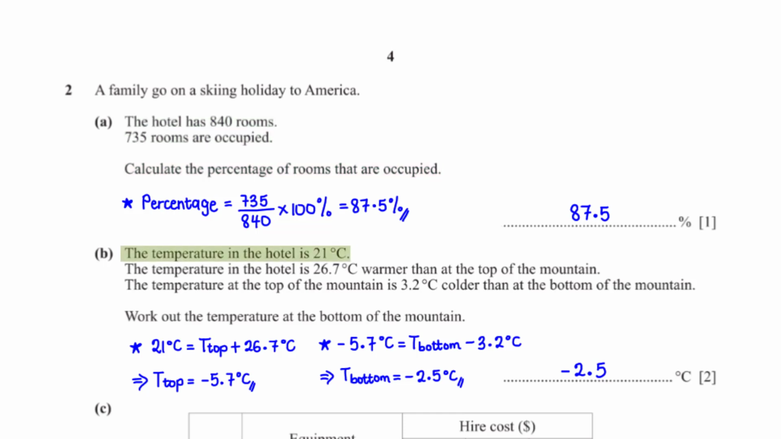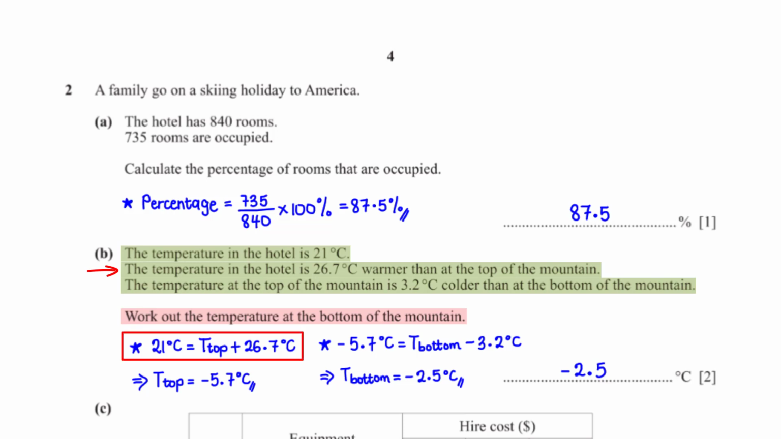The temperature in the hotel is 21 degrees Celsius. The temperature in the hotel is 26.7 degrees Celsius warmer than at the top of the mountain. The temperature at the top of the mountain is 3.2 degrees Celsius colder than at the bottom of the mountain. Work out the temperature at the bottom of the mountain. Based on this, we know that the temperature in the hotel, which is 21 degrees Celsius, is equal to the temperature at the top of the mountain plus 26.7 degrees Celsius. When we subtract 26.7 from both sides, we get the